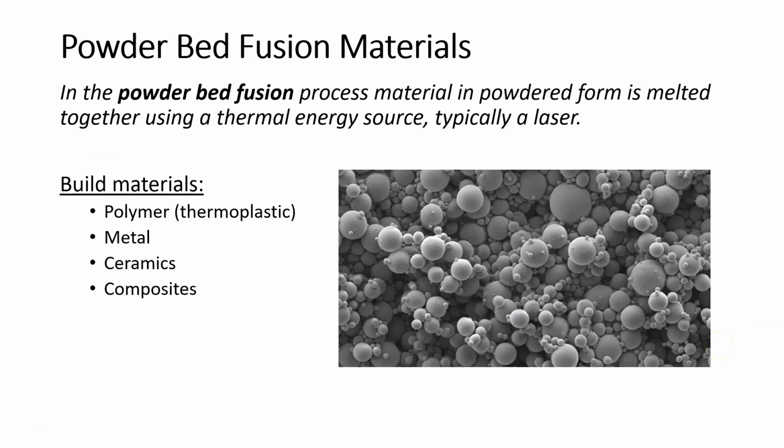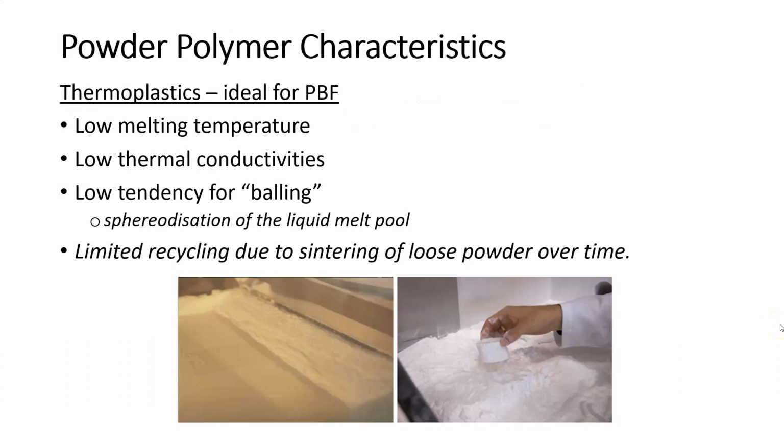So let's look at the powder bed fusion materials. In the powder bed fusion process, material in powdered form is melted together using a thermal energy source, typically a laser. The build material in this case can be thermoplastics, metals, ceramics, or even composites. The thermoplastics are ideal for powder bed fusion because they have a low melting temperature. So that means we don't have to apply a lot of thermal energy. They have low thermal conductivities, and what that means is